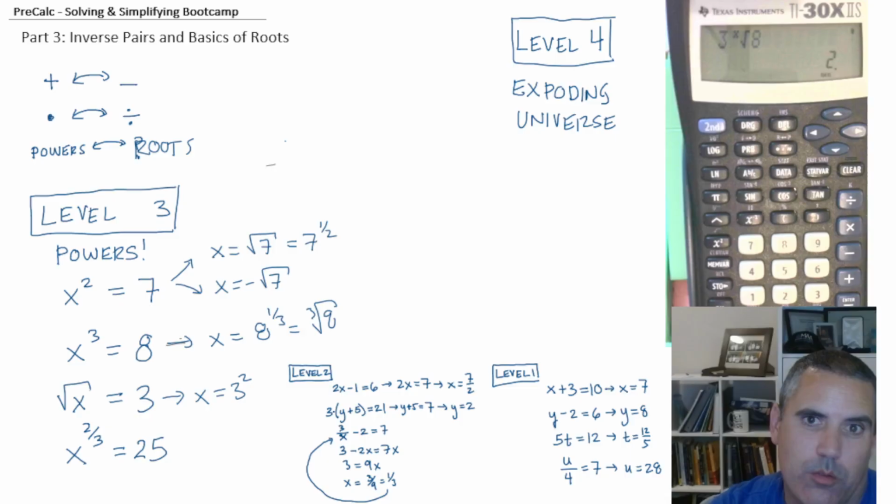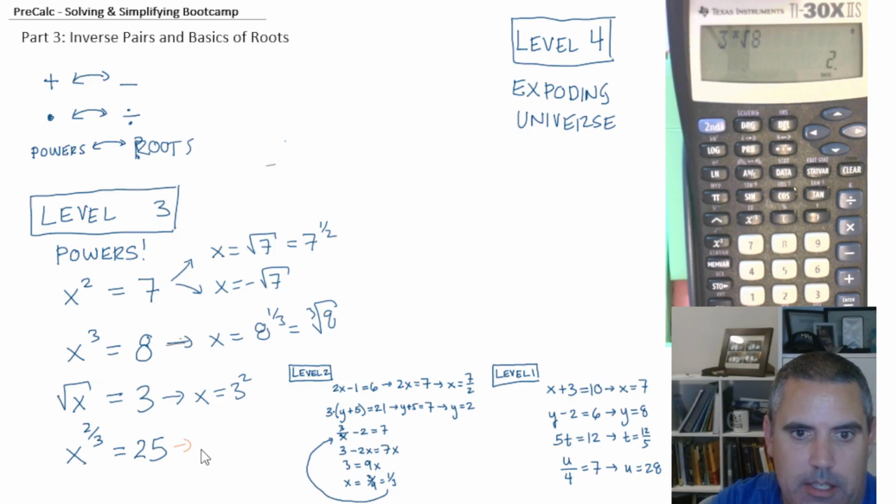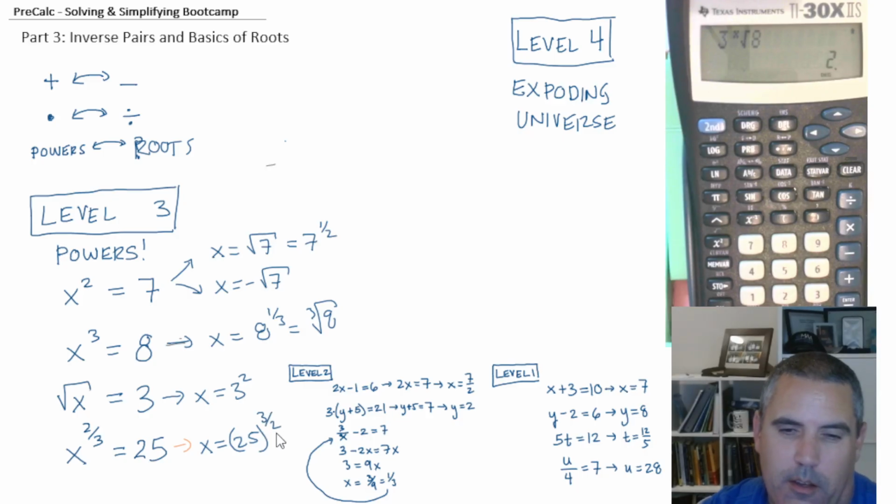What if I have a 2/3 power? It's actually two questions in one. It's a cube root and a square. This is one of the reasons we like this notation with the fractions, because it handles all of these nicely. We would write the inverse of the 2/3 power as the 3/2 power. And I always say, impress your friends, you actually can figure out what that is, because that means square root